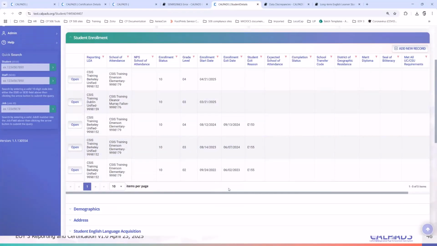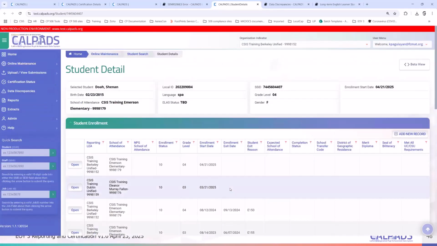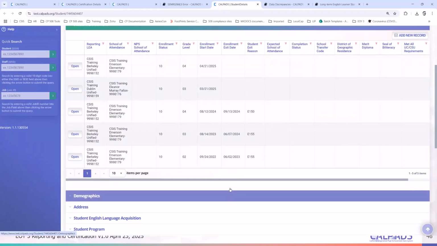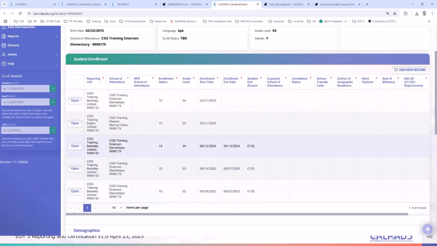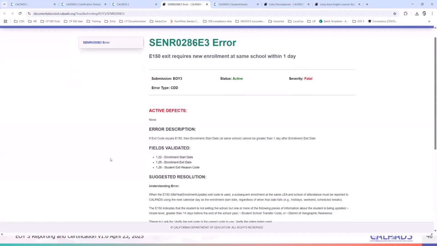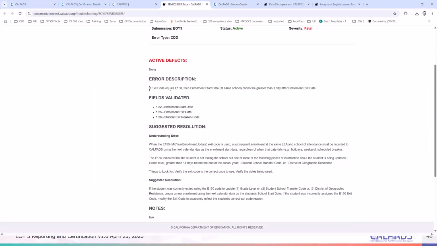So I have here Shenandoah. Okay. So it turns out I exited the student with an E150. Let's see the definition. It says here, if exit code equals E150, then the enrollment start date at the same school cannot be greater than 1 day after enrollment exit date.